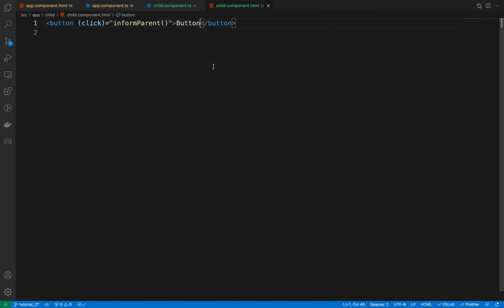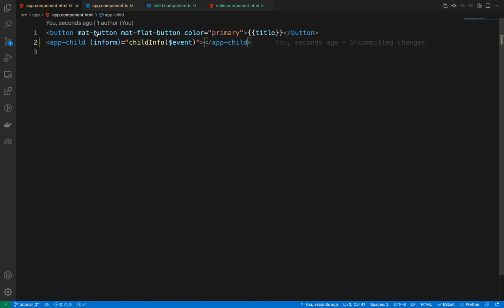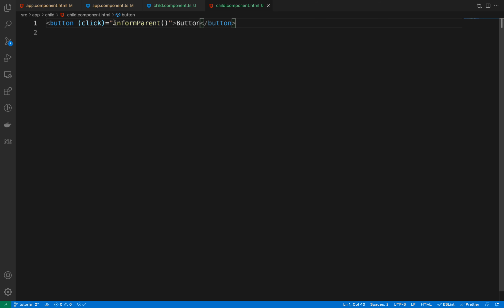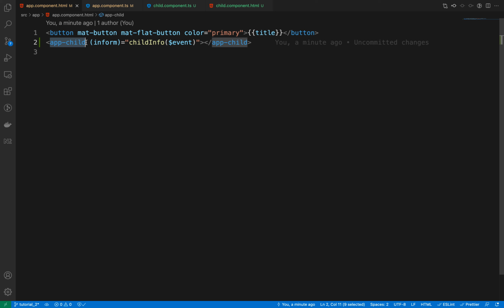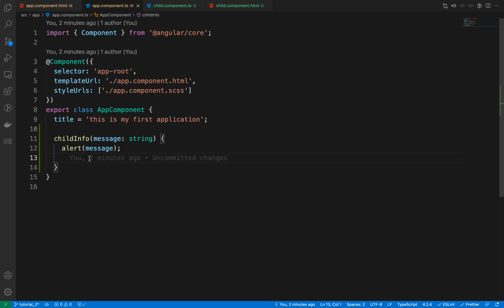There's nothing difficult about it. So the way to see it is we have an app component. Inside that app component, we are defining another component. Since this component is nested, this is a child component. Now there is something going on in the child component, which is there is a button which is being clicked, and anytime the button is clicked, I want to pass some information to the parent component. So when the button is clicked, I call a function called informParent. Now this informParent is going to emit an event, and the name of the event is inform. So we need to catch this event here in our app component, and we then call childInfo, which is another method in our app component, and we print this message. So yeah, that's about it.